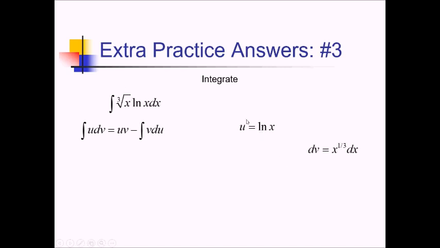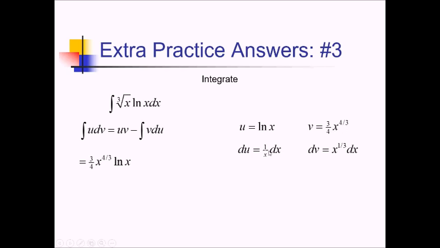So now taking my derivative of u, that's going to be 1 over x dx. Antiderivative of dv, that bumps up to 4/3 multiplied by 3/4. So 3/4 x to the 4/3. And now multiplying across here to get uv, this is going to be 3/4 ln of x, x to the 4/3. And then going this way diagonally to get my v du, this is going to be 3/4